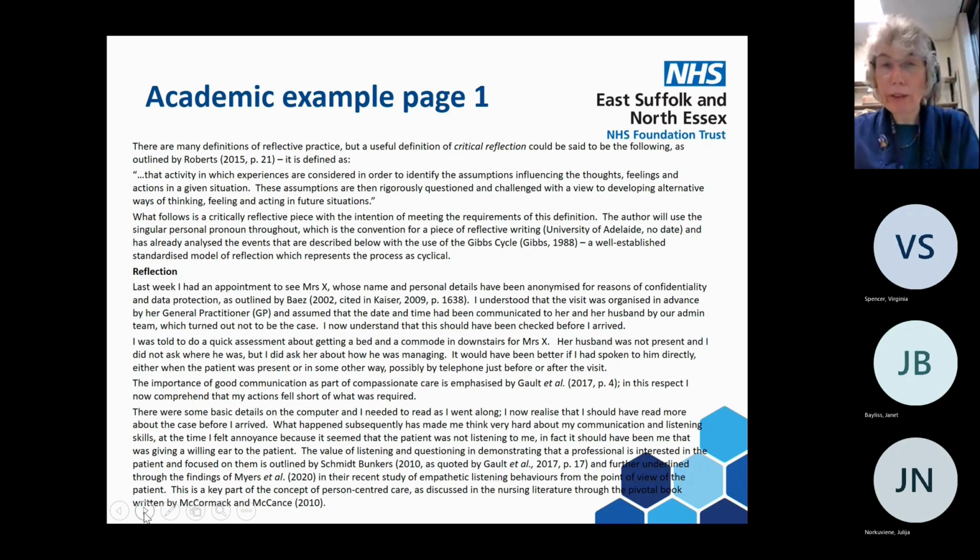Now, with your reflective account, you don't need to include your workings in the Gibbs cycle. What you need to do is the outcomes as a result of your reflection. That's what you would push forward into your writing, and you need to actually refer to the fact that the Gibbs cycle was used as a tool. Then the reflection